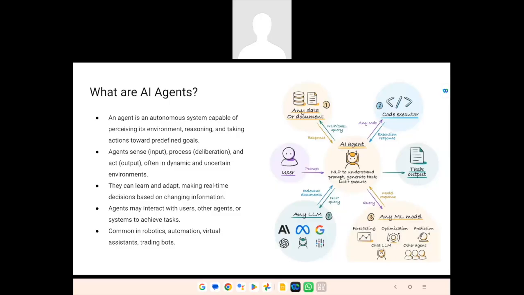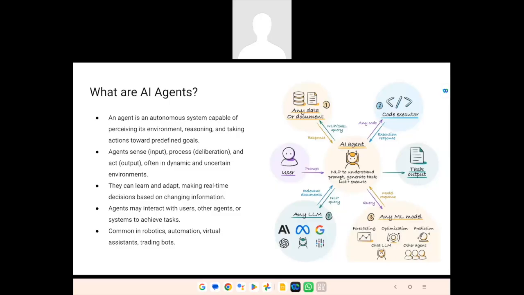So here, the task can be anything. And the resources that you want to assist the agent to solve it can also be anything. By anything, what I mean is it can be any data document, it can be a code base, or it can be SQL data. So you put all these in a proper data generation pipeline, and then you give the output. That's how these agents work. Okay, and again I would say, why agents now? Why was there no agent before? We had agents.